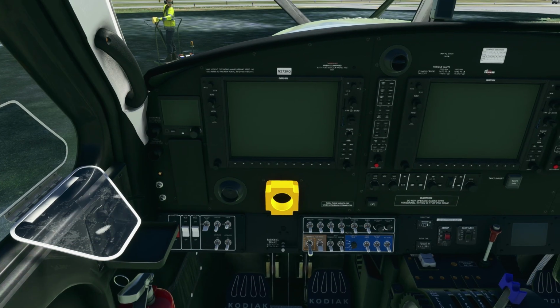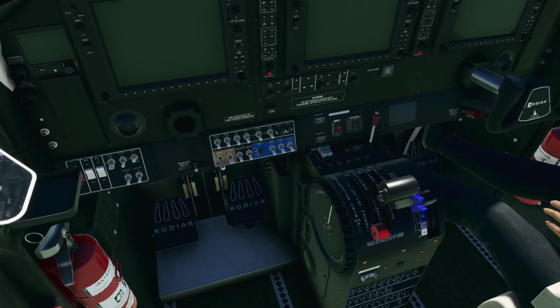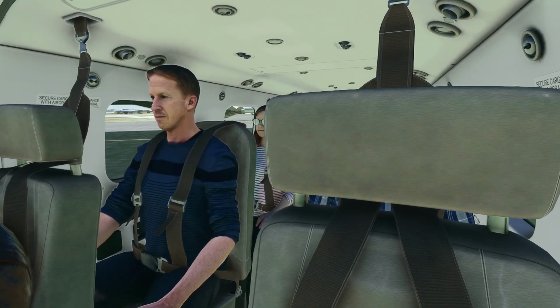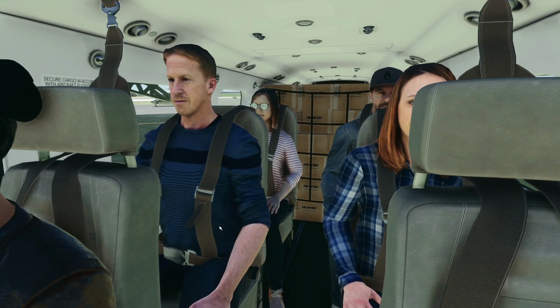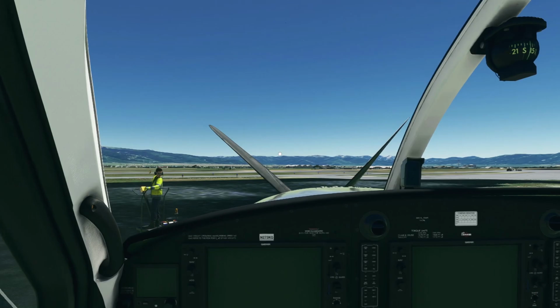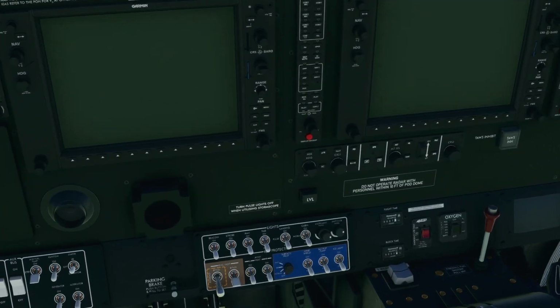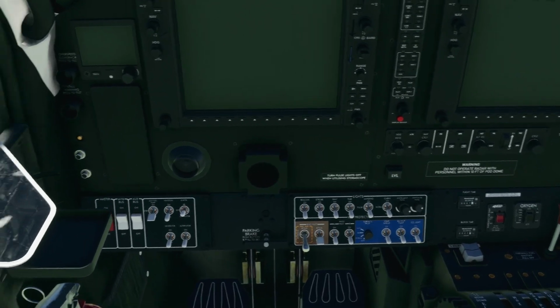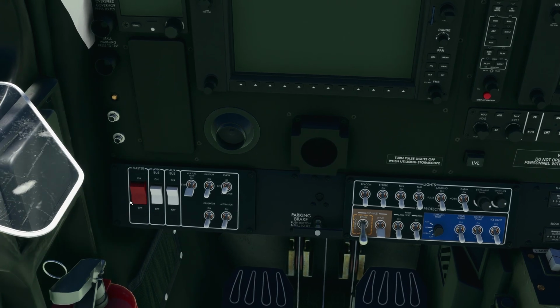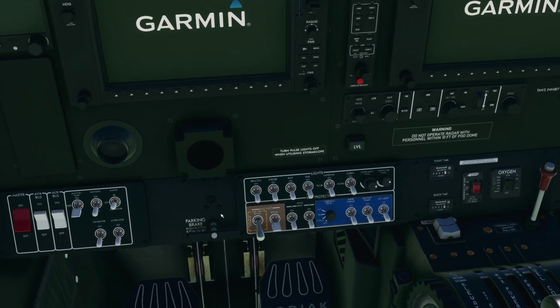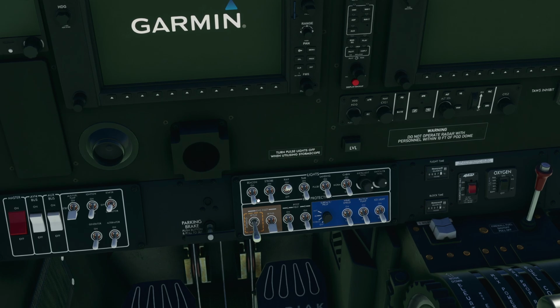Alright, back in the saddle of the Kodiak. It's been a little while, but good to have it back on board. Got some eager passengers and cargo heading up to Yellowstone for an extended weekend. So we'll be sure to get them there safely. Let's go and get the master power on. We'll go nav and beacon